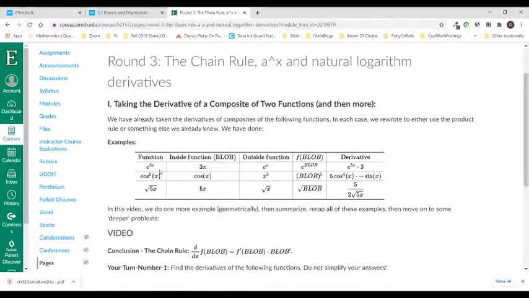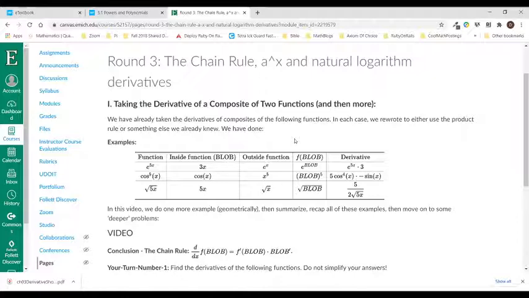We wrote that as e to the x times e to the x times e to the x, used the product rule, and we wound up getting 3 times e to the 3x. Now, this is a chain rule problem because the inside function is 3x. I usually call the inside function blob. That's actually very helpful for me later on. The outside function in this case is e to the x,